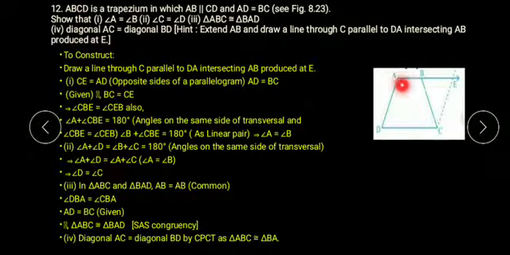So we can say both the triangles are congruent by side angle side. So if these two triangles are congruent, it means the diagonals are also equal. So that means diagonal AC is equal to diagonal BD by the property of corresponding parts of congruent triangles. So if two triangles are congruent, then their corresponding parts are also equal.